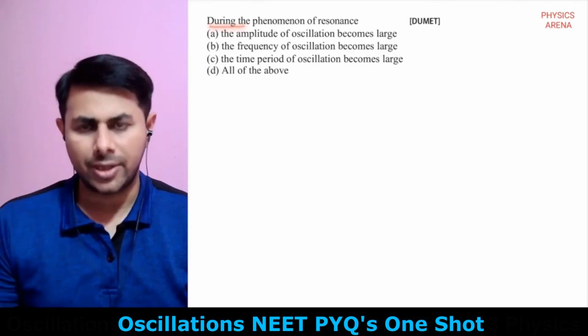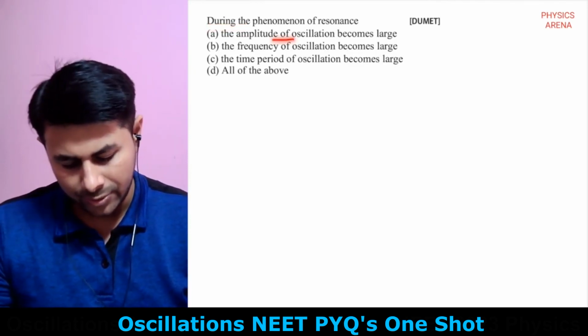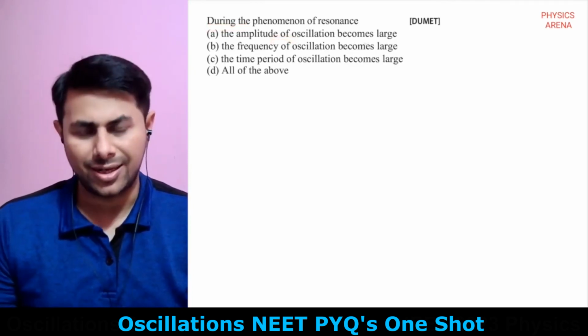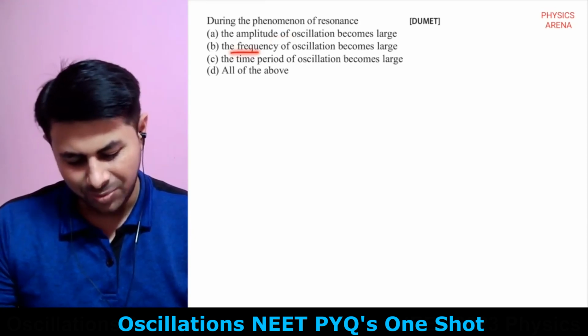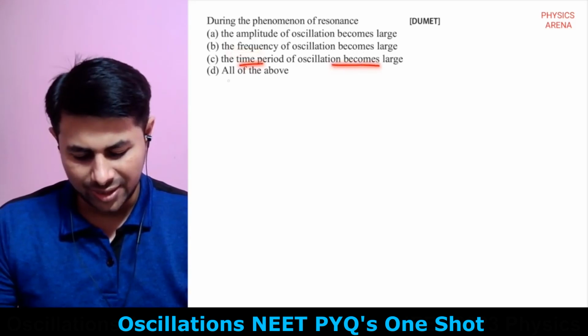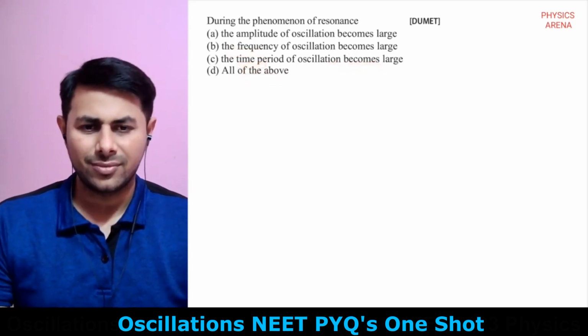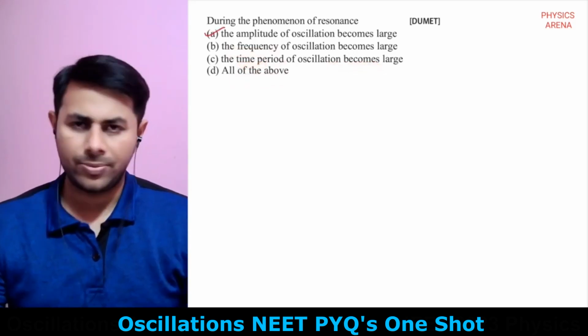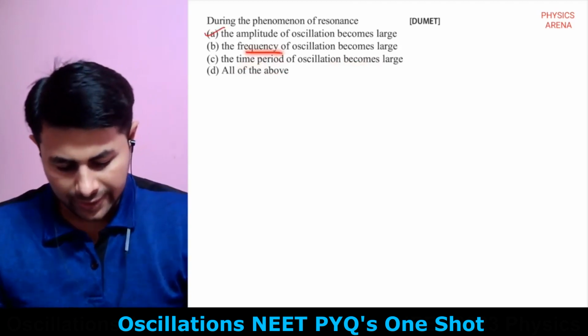During the phenomenon of resonance, the amplitude of oscillation becomes large, the frequency of oscillation becomes large, the time period of oscillation becomes large, all of the above. Which is the answer? Okay, option A is the answer. But second and third,